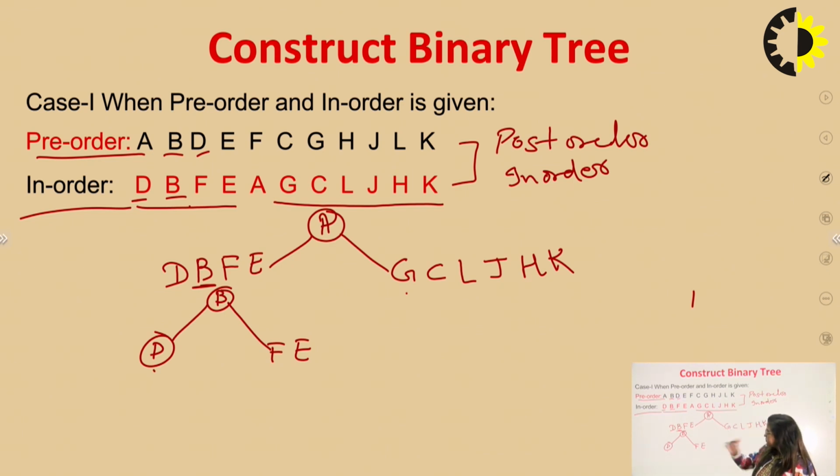Now check the E part. Okay, now the turn is E, and check which node will be made here. According to this, E is your node, and check what the position of F is, whether it will come left or right. So check where E is according to this pre-order, and now check the left side. F will come to the left side of E.